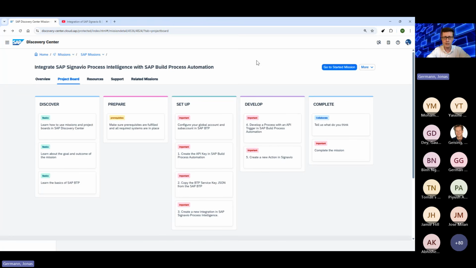They are way more advanced and complex, of course, but these are like the easiest, fast setup use cases to integrate SAP Build Process Automation with Signavio, so that you have a chance to improve the topic of process automation.